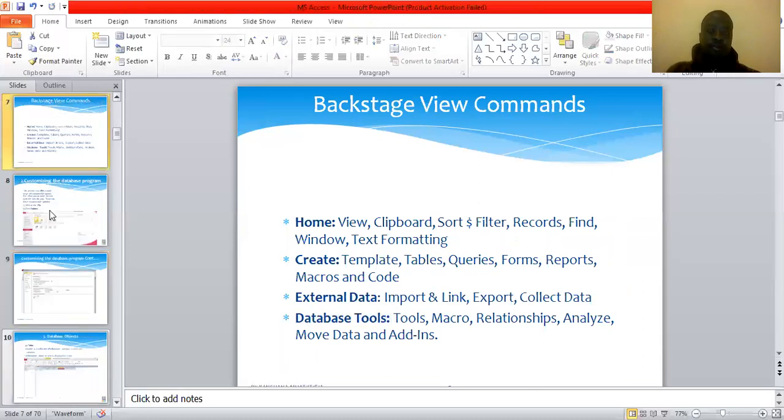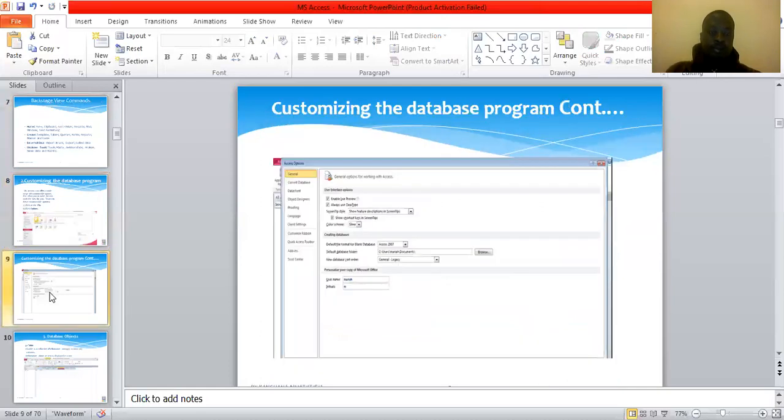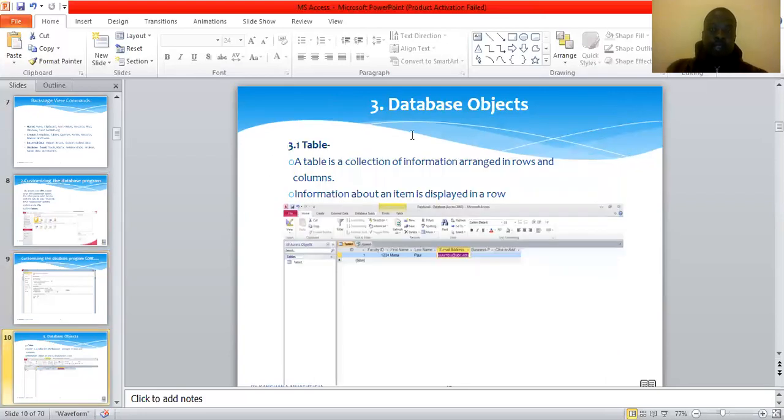Moving on. Okay, good. Now this is the point where it's just the creation. This is one of the steps when you're creating a database. Okay. Moving on, let's look at what we call database objects. Okay. So the database is made up of